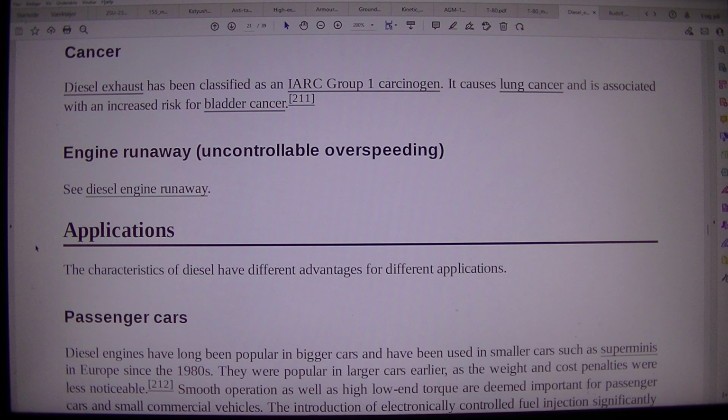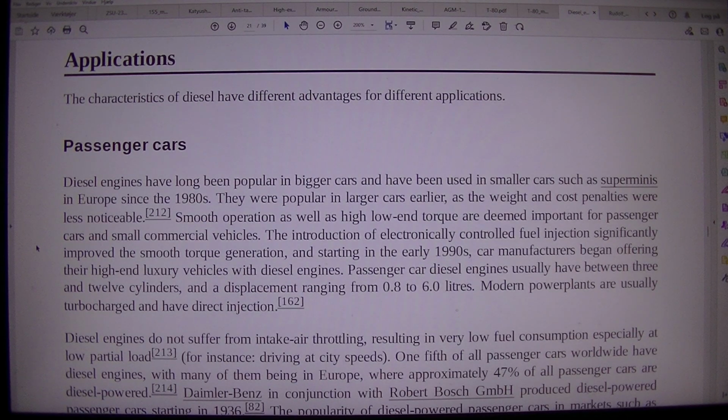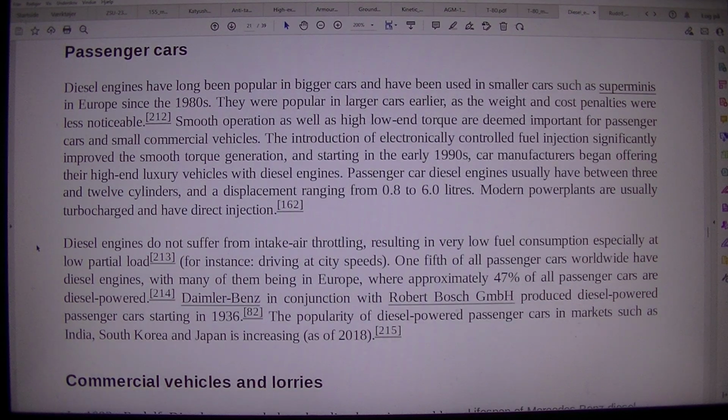Applications. The characteristics of diesel have different advantages for different applications. Passenger cars. Diesel engines have long been popular in bigger cars and have been used in smaller cars such as superminis in Europe since the 1980s. They were popular in